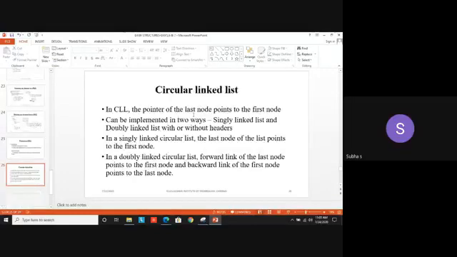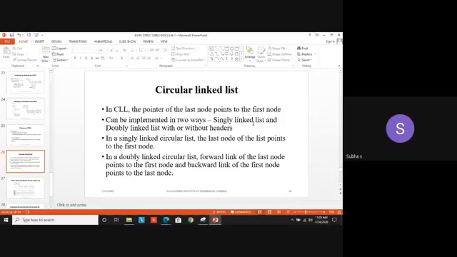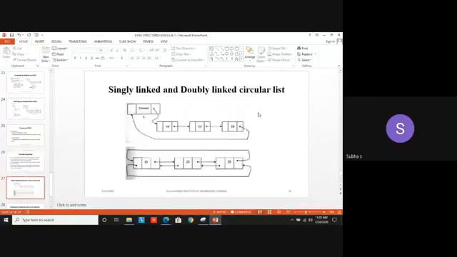Yes. We move on to circular linked list. We are not going to see the routines in detail because the same singly linked list or doubly linked list is what we are going to use in the circular linked list. But here, what is the difference between the other two, that is, the normal linked list and circular? There won't be any null position. There won't be any last node at all. You can treat any node as the first node. Okay, we'll see in the next example.